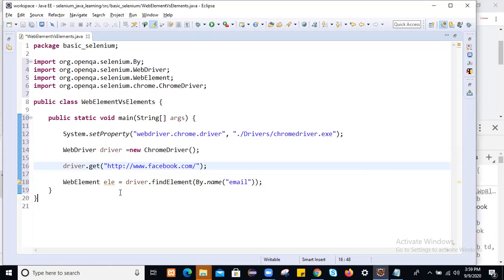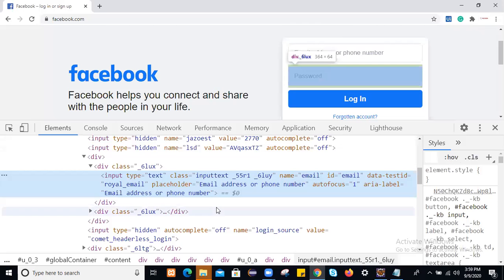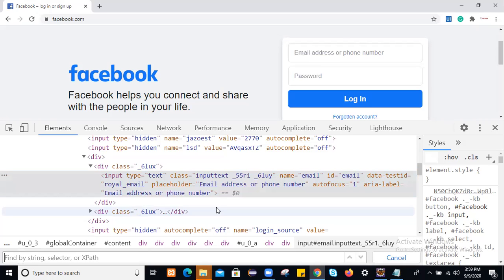How to attach, I will show you. The focus is on what is the difference between findElement and findElements. So on that same page, if you want to interact with multiple web elements, if you want to know how many anchor tags are there, how many input tags are there, or how many images are there, simply let me press Control F.